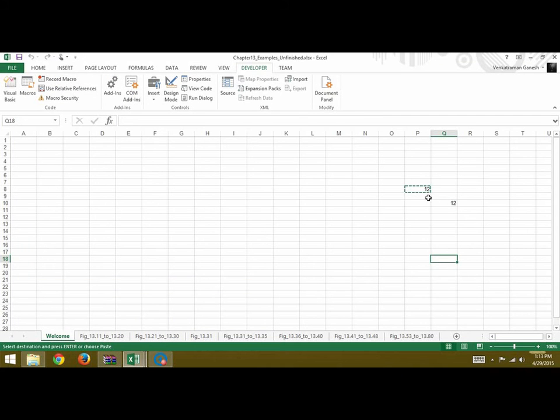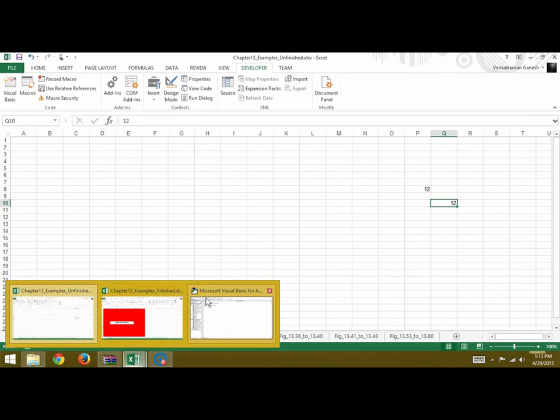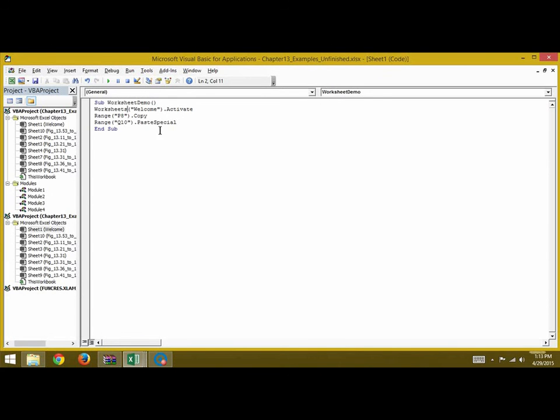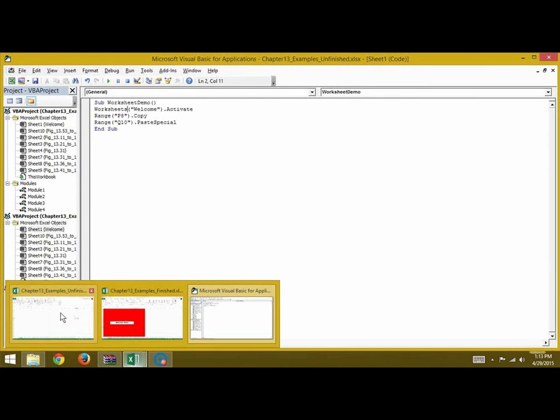As you can see, it was copied from P8 and now it's pasted in Q10. So the VBA code runs fine. Next we can learn about